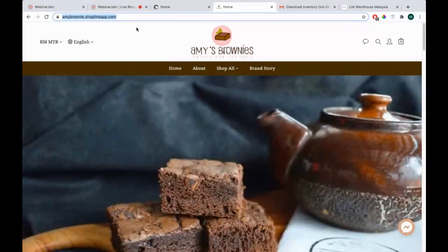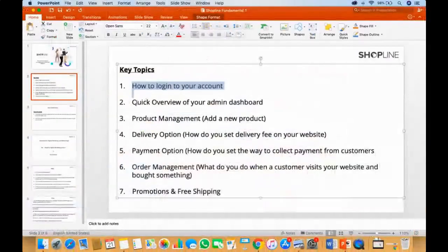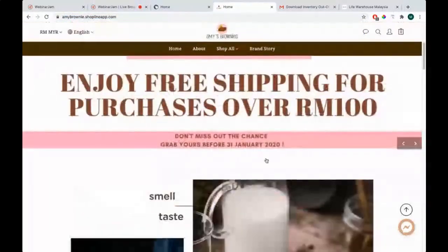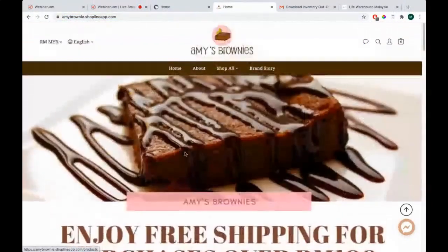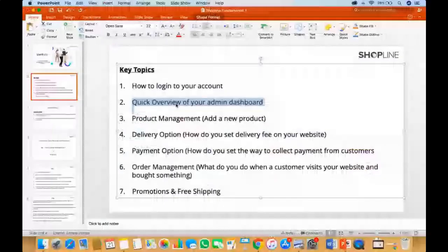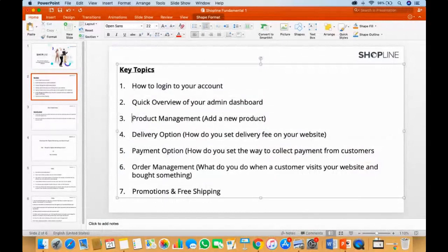Okay, so that's the second topic that I've given you, the quick overview of your admin dashboard. So this is how your website looks from a customer's point of view. Like I mentioned, whatever you change inside the admin panel will reflect onto the website itself. Okay, so moving on to the third topic, which is a very important topic that I'll be covering, which is